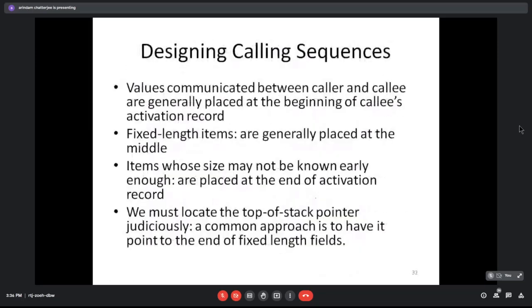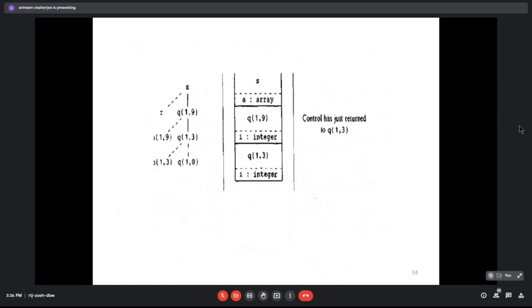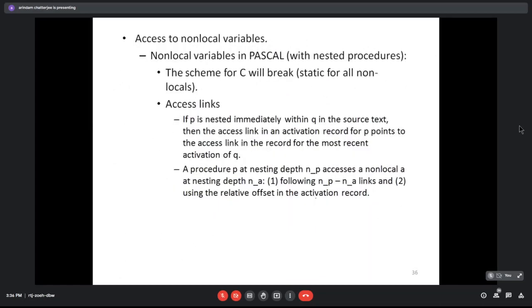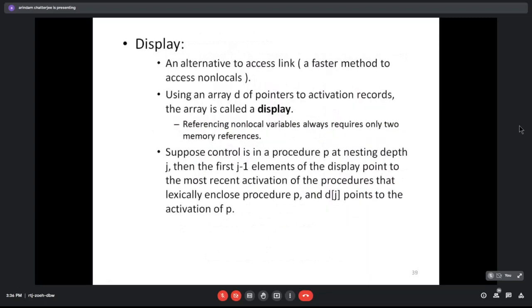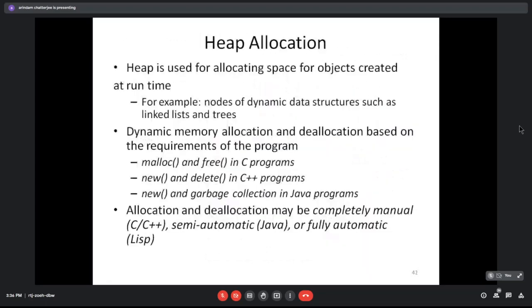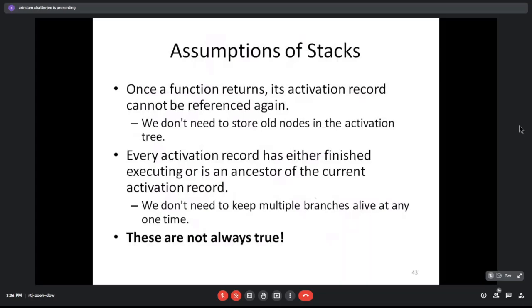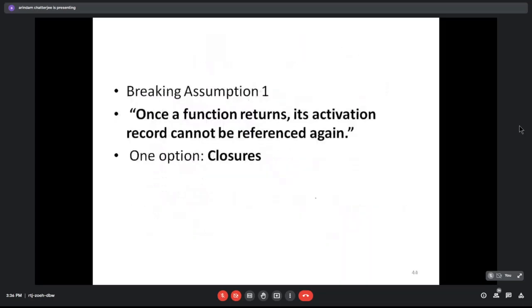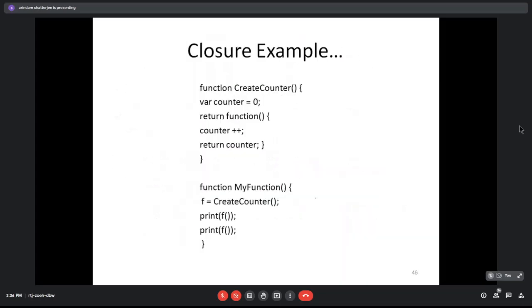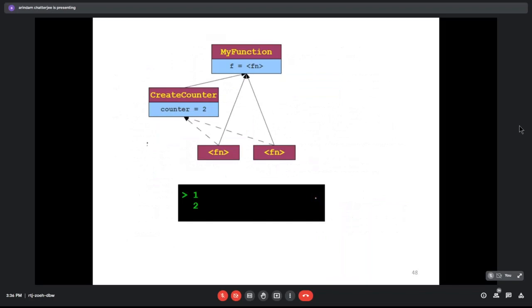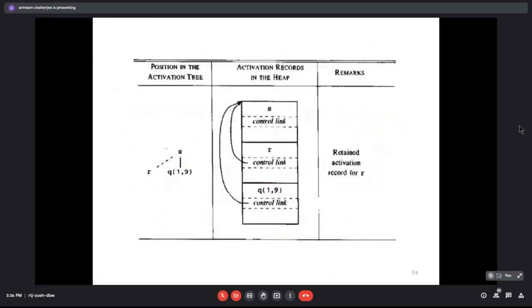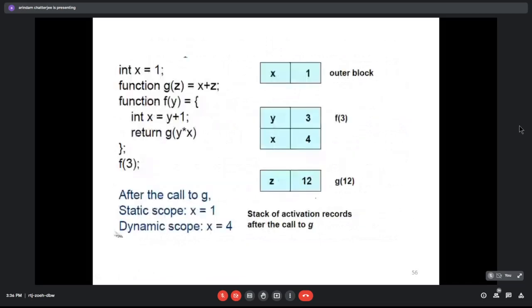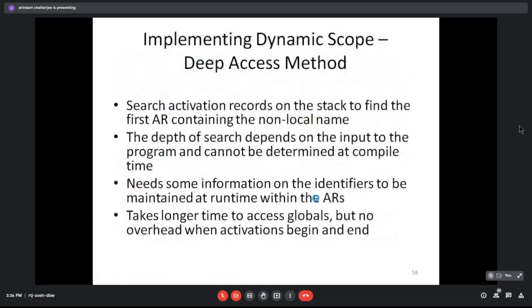We'll see some important aspects like nesting and stuff like that. About heap allocation. I'm not sure if all of these will be needed. I generally go into lots of details, but not sure. Then we'll go to the scopes, what is meant by static scope and dynamic scope.